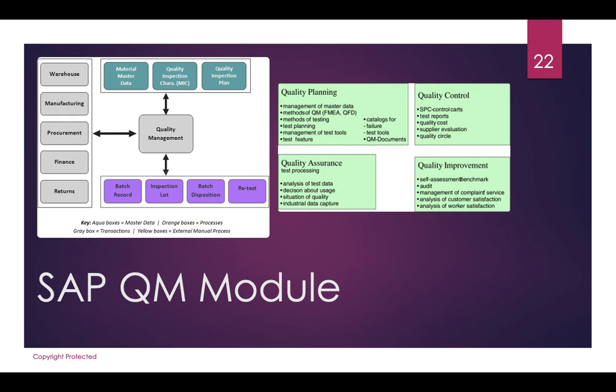And since master data is a very integral part of SAP PP, QM, FICO, SD and MM, I will stop here and probably we will not go into the detail of other modules, which will take more time, and in the next episode I will probably start with the master data portion, which makes more sense for understanding the whole scenario.